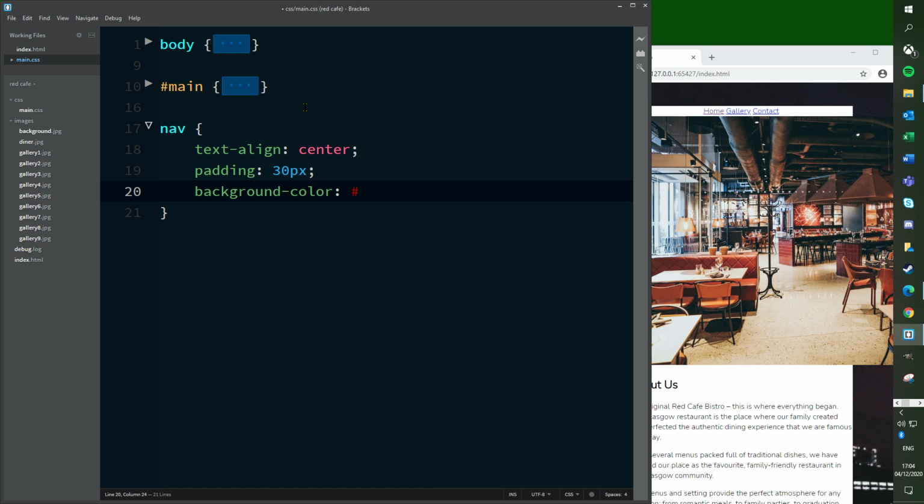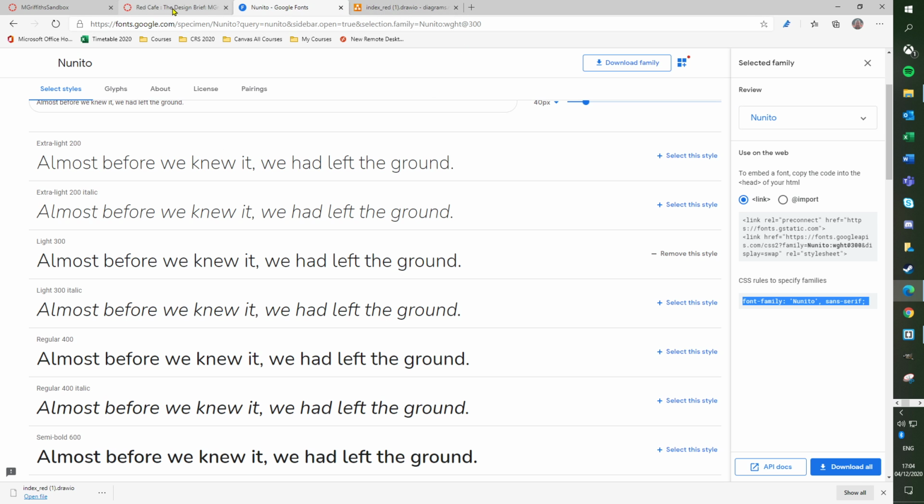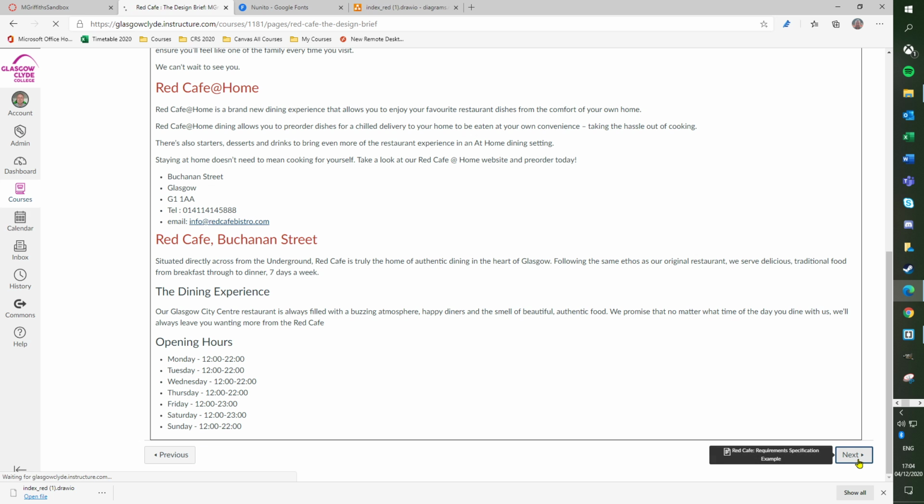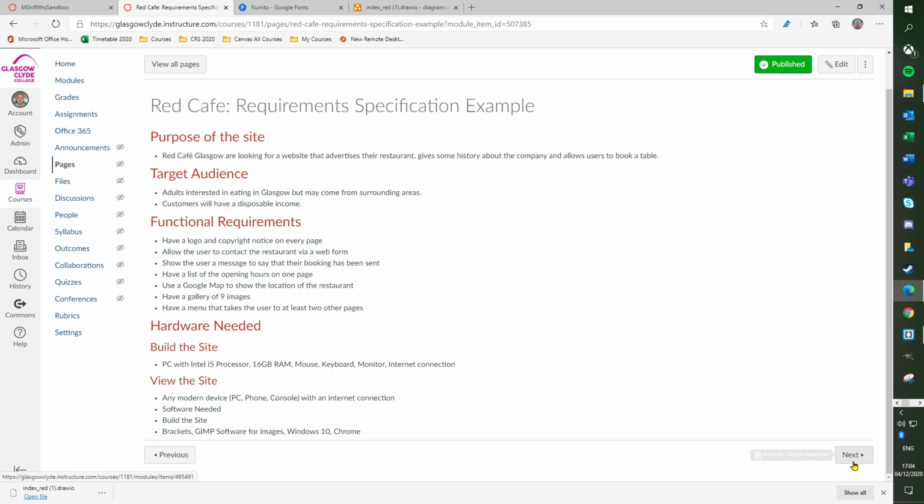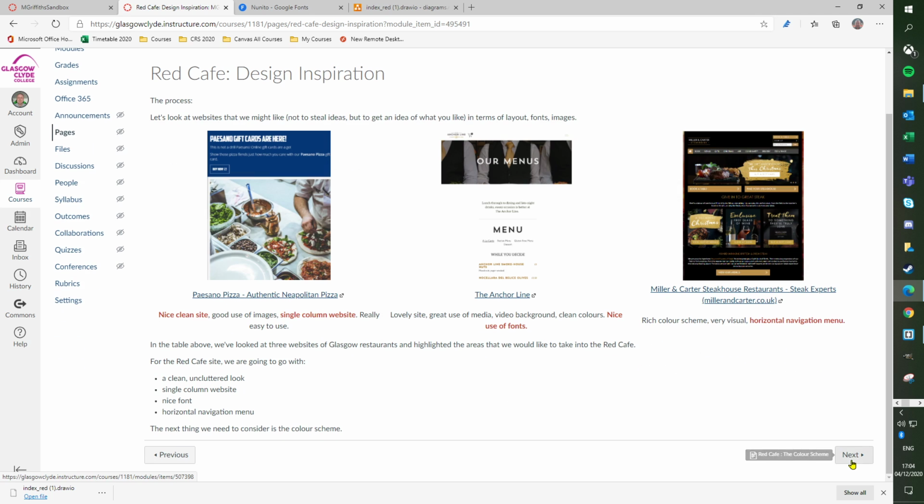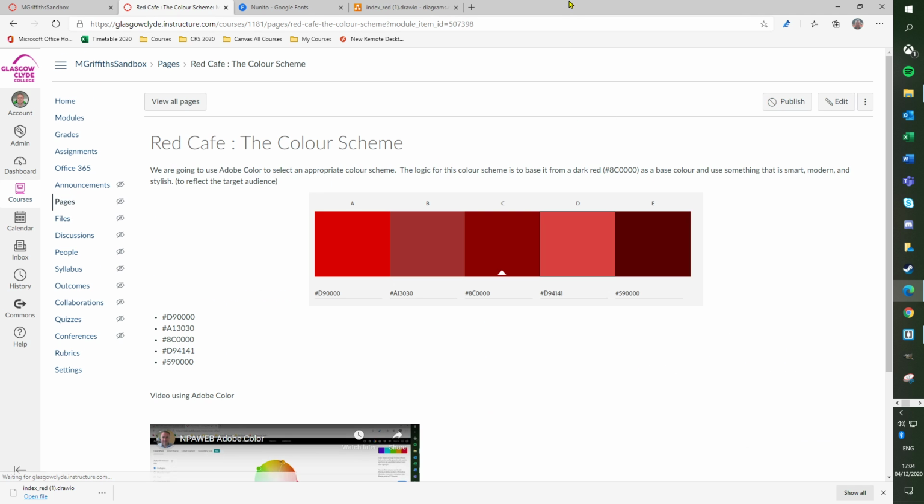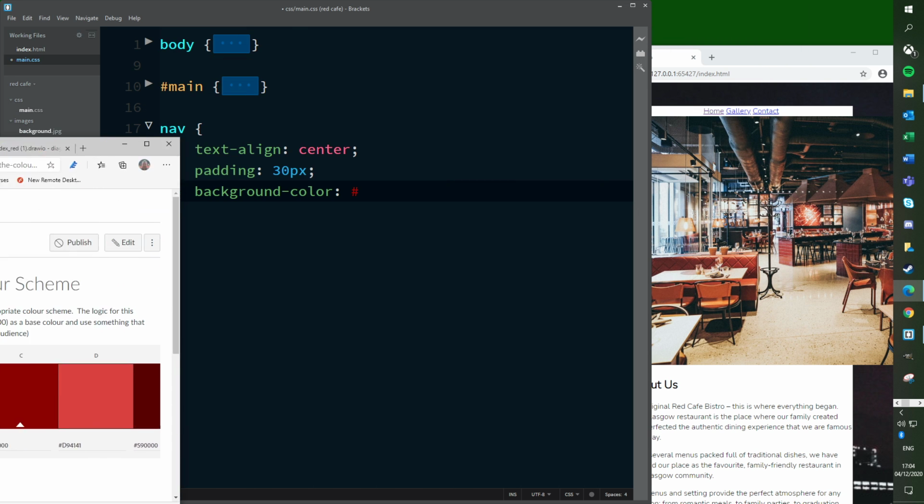Okay, now in terms of my colour scheme, I can't remember my colours, so I'm going to have to go and find out what my colours were. So I want a kind of dark red background here. There we go. So I'm going to go for 8C0000. Now what I could do here,